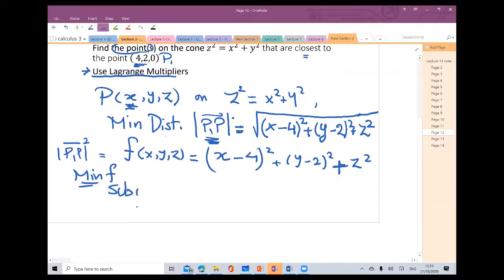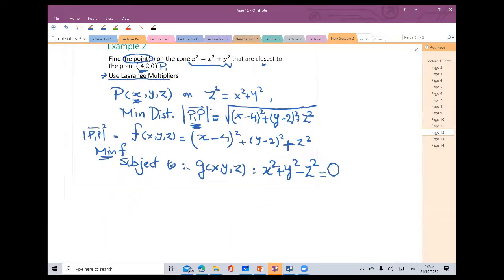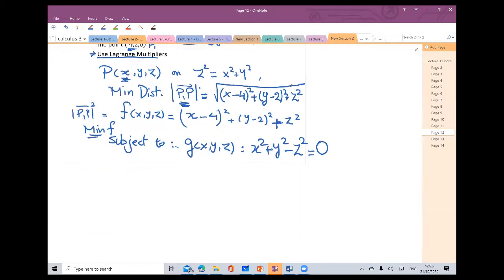طب where is the constraint؟ يبقى I want to minimize f subject to إيه بقى، what is the constraint هنا؟ I need the points x, y, z صح to lie on this cone. يبقى بالتالي my constraint اللي هو the function g of x, y, z in this problem actually it is the equation x squared plus y squared minus z squared equals 0. This is the level curve of this equation. Got the idea? I interpreted the problem من ال word problem دي إلى شكل ال problem